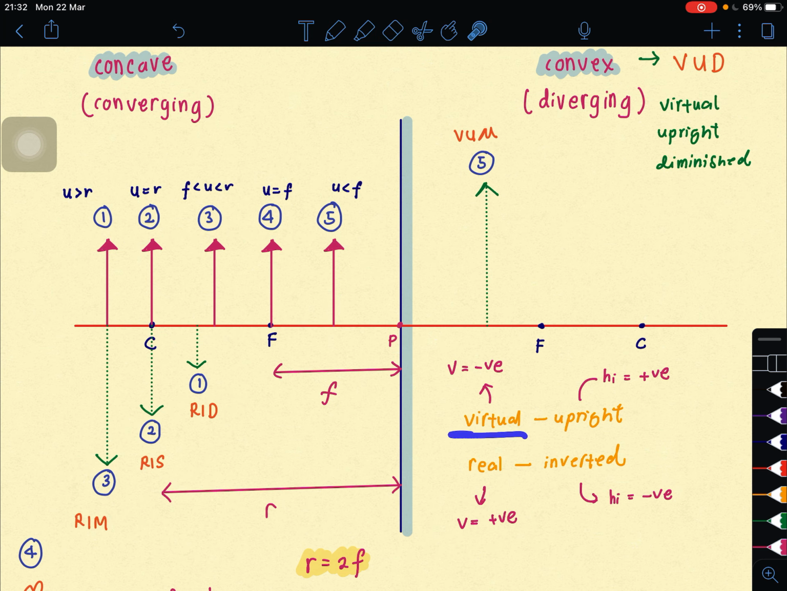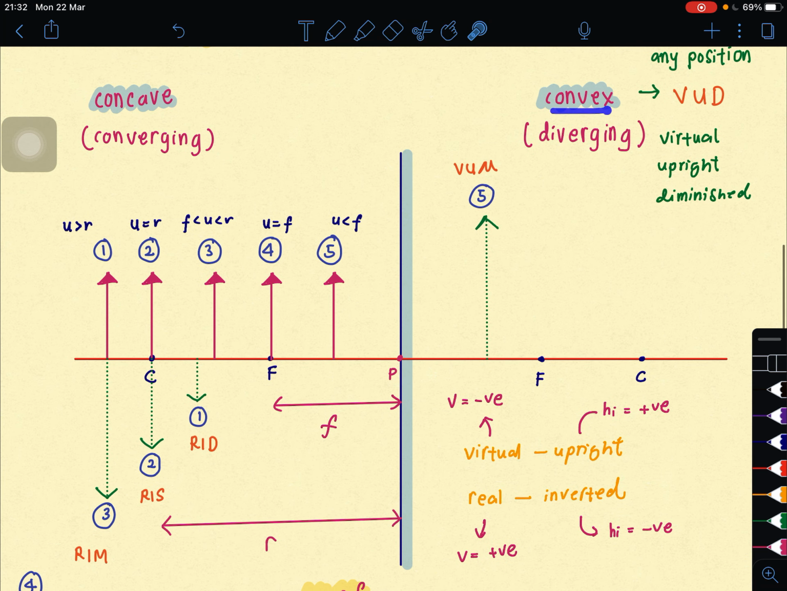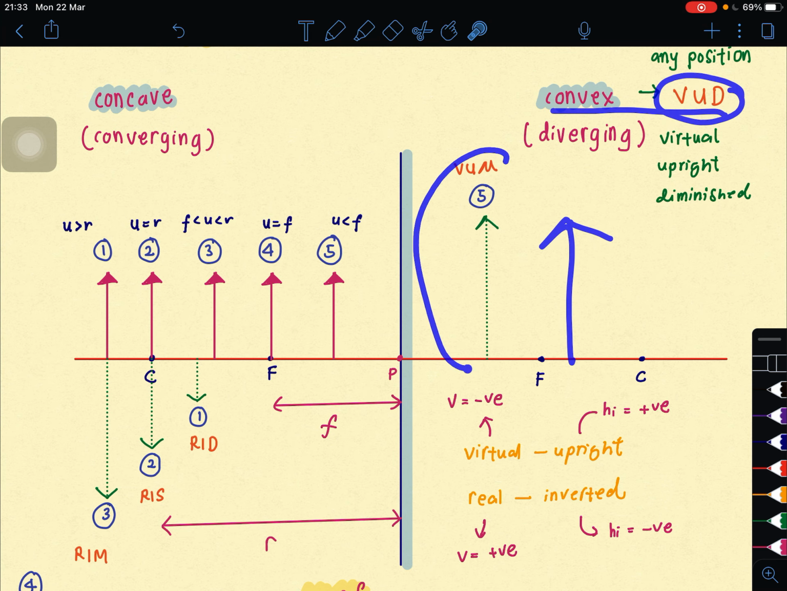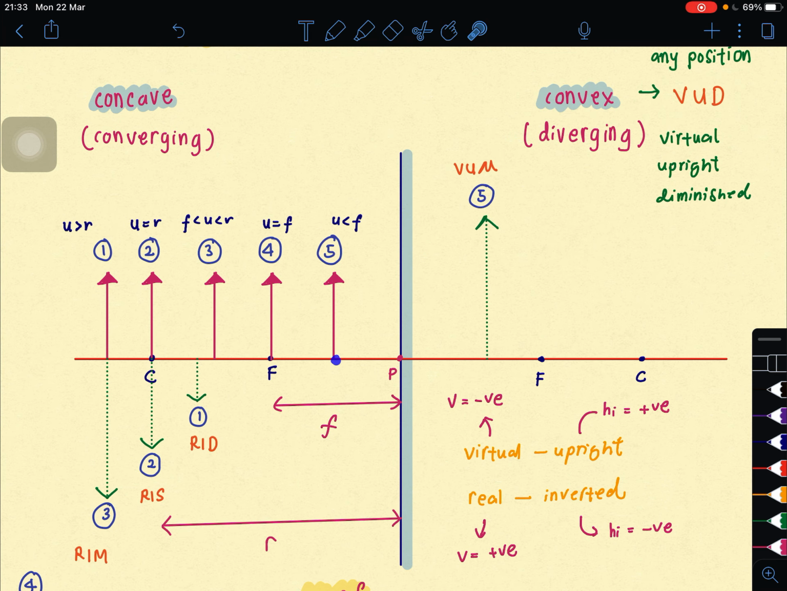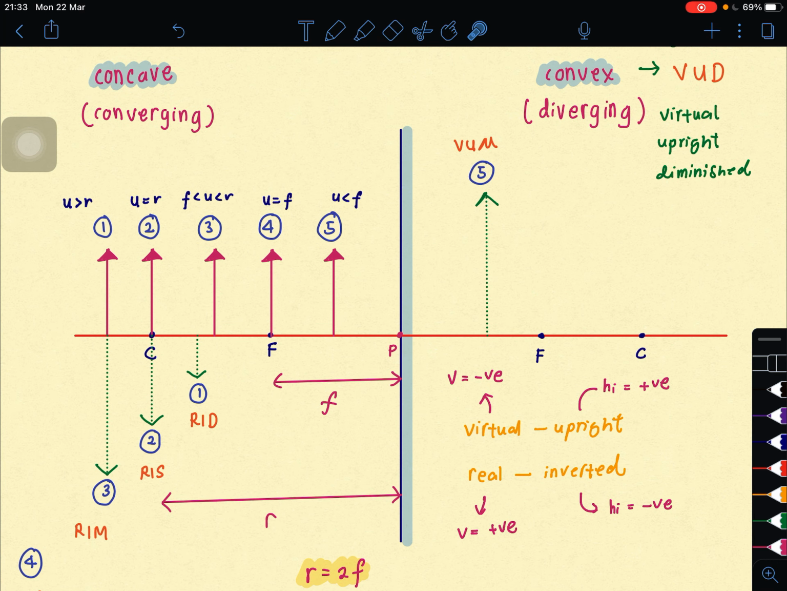But virtual, kalau virtual image, always remember dia akan formation dia adalah dekat belakang cermin. That's why untuk convex kita cakap VUD, which is dia akan terbentuk dekat sini lah. Sama juga dengan VUM, which is hanya di position number 5 sahaja. Okay, so I really hope this will help you to remember how to determine the